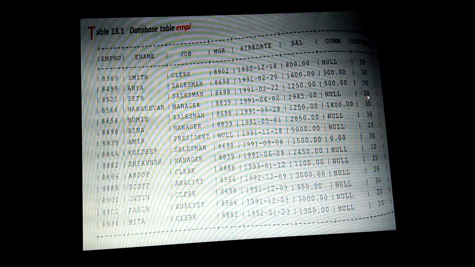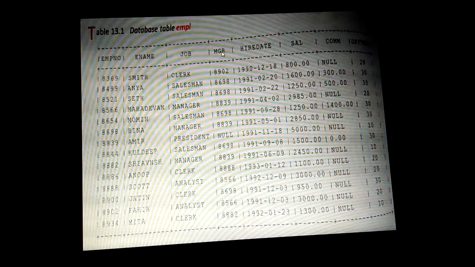Likewise for department number 20, the value will be 8902, because this is the top value and the first record. For department number 30, we have the first record as this one, so the MGR value will automatically be assigned as 8698. Even if you have many values for 30, only the first record value will be taken for the non-group field.